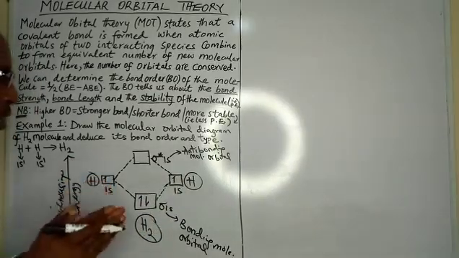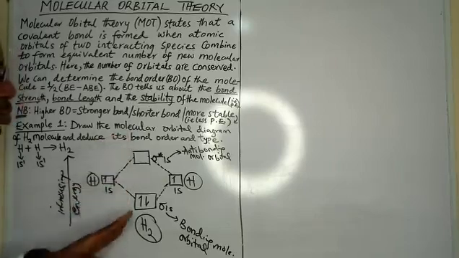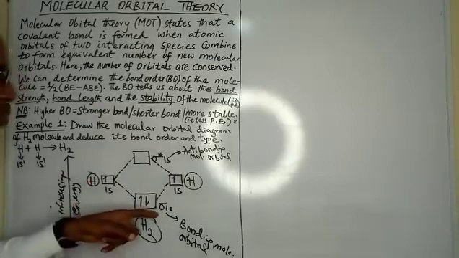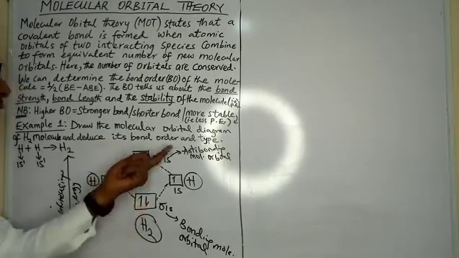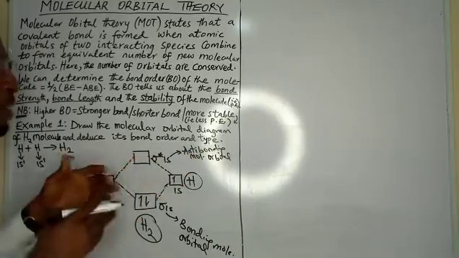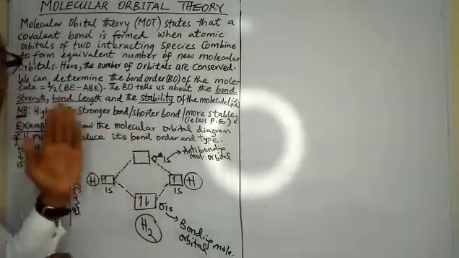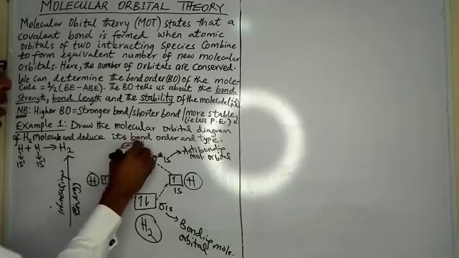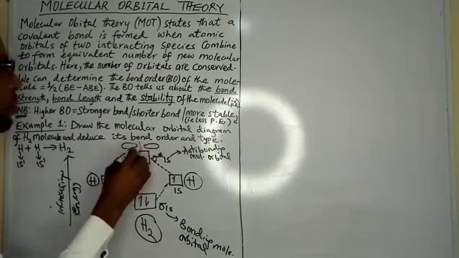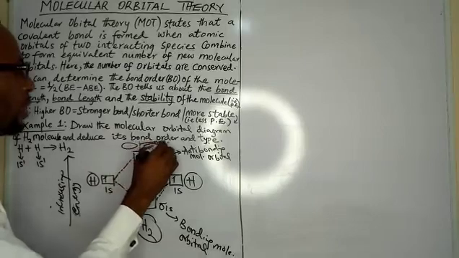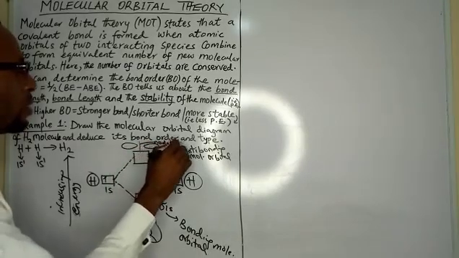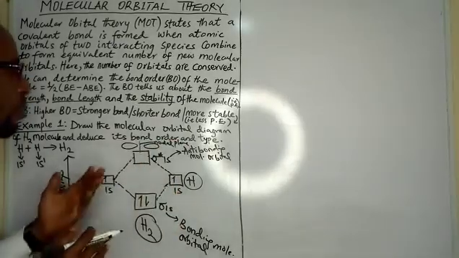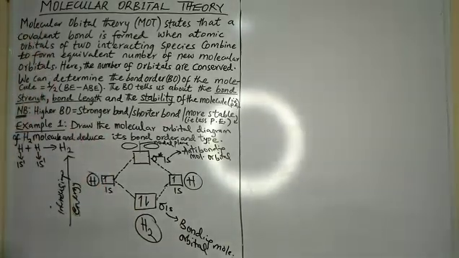But it's also important for us to know that we still have made two molecular orbitals from these two atomic orbitals. The only difference is that in the bonding molecular orbital we have two electrons, in the anti-bonding molecular orbital we have zero electrons. It's empty, but the orbital is there. Nice. The center of this anti-bonding orbital is called the node or the nodal plane. The idea here is that the node is a region with the lowest probability of finding an electron. We'll come to that next time.